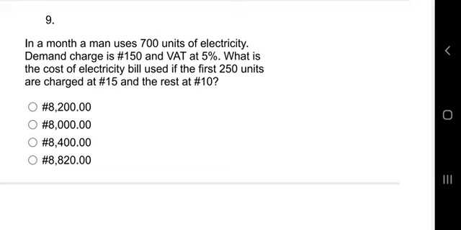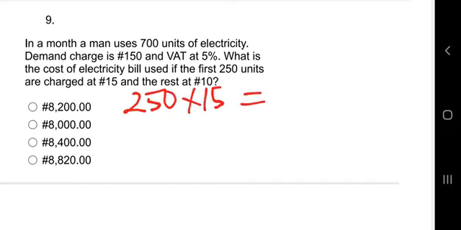All right, question number 9. In a month, a man uses 700 units of electricity. The demand charge is 150 naira and VAT at 5%. So what is the cost of electricity bill used? Take note, cost of electricity bill, not total cost. If the first 250 units are charged at 15 naira and the rest at 10 naira. So the first thing we need to do is to calculate the cost of units before we add demand charge to it. So the first 250, that will be 250 multiplied by 15,